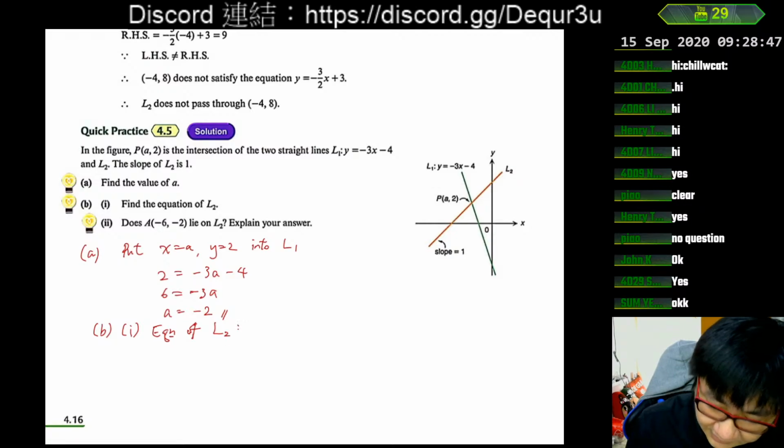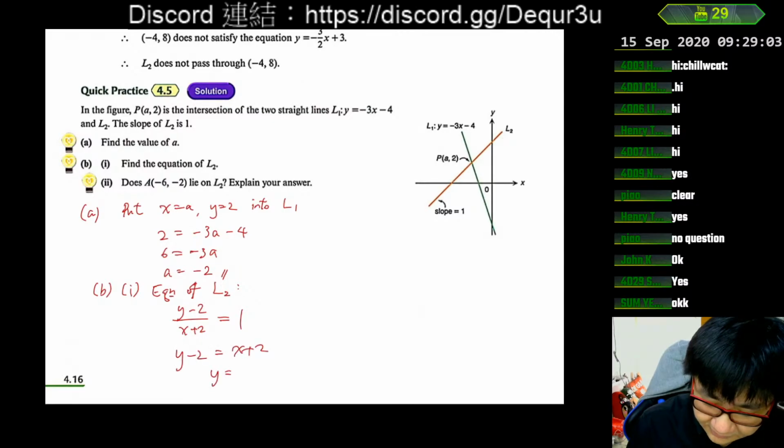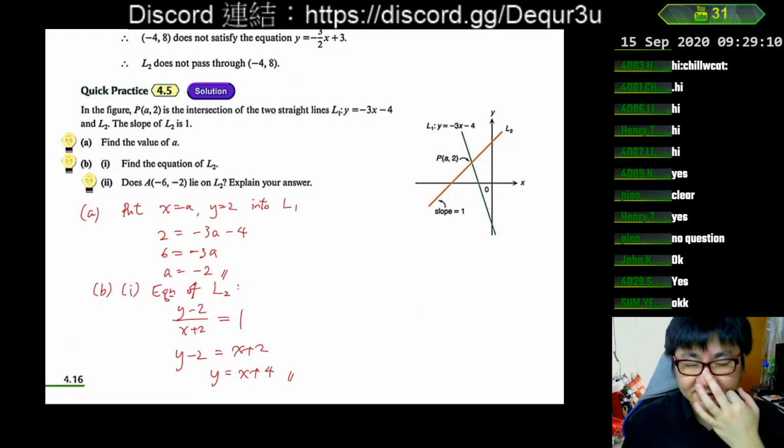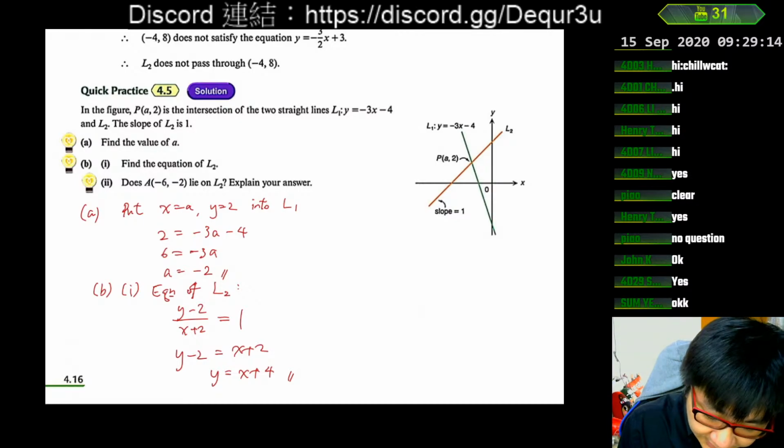L2 will then use the point-slope form, that is (y minus 2) over (x plus 2) equal to 1, the slope. Then we have y minus 2 equal to x plus 2, and y equal to x plus 4. 咁我自己俾答案通常都俾 y subject 嘅，因為 y subject 可以容易睇多啲資料。And then